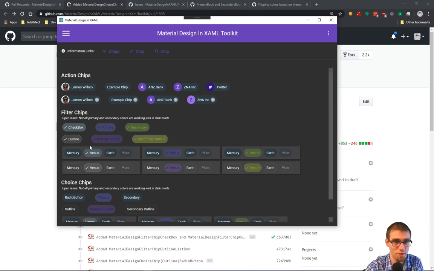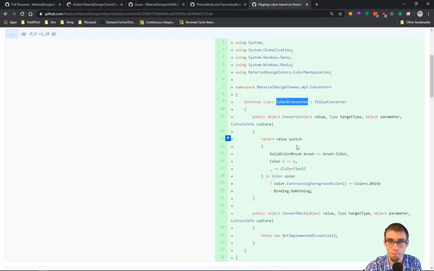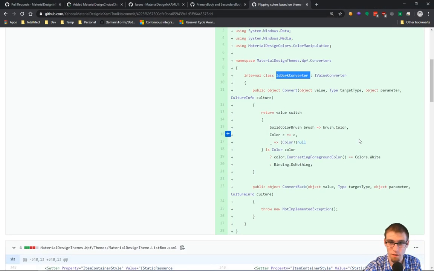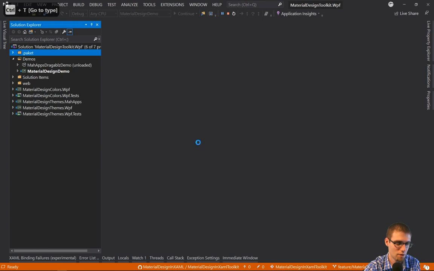So because custom theming exists, there's not a great way to know, am I in a dark theme? So I wrote this little converter here that can go through and check, hey, is a given thing a dark color, right? And to try and get things closer. And so it'll kick back something about whether it's dark or light, and it basically leverages this method built into the library. Contrasting foreground color, right? So boom, boom,